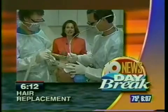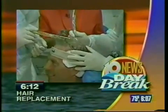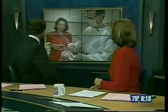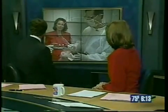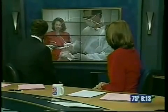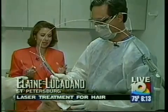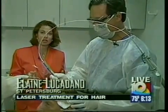The Hair and Scalp Clinic in St. Petersburg, taking a look at amazing laser microsurgery, a way to help you grow hair, coming up. To see if you can use this to regain the scalp or the hair you lost? That's exactly right. If you're going bald, you're losing that hair, this is really a painless way to go,